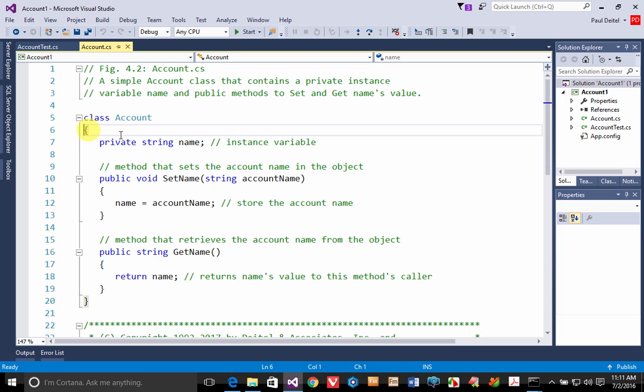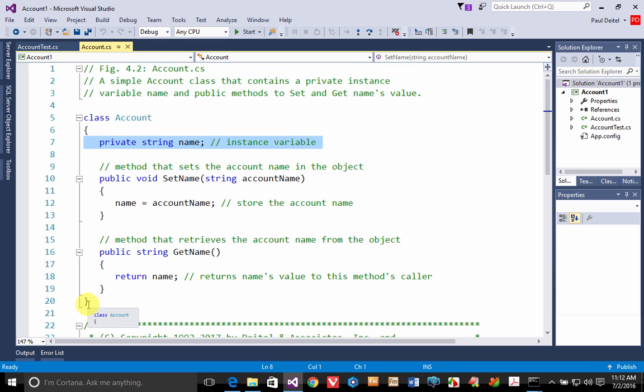In this case, we have one instance variable called name, which is a string piece of data as declared here with the string keyword. Now, we've also declared this instance variable with the keyword private, which is a so-called access modifier. Any piece of data and anything else actually that you declare in the class with the keyword private is known only within the so-called scope of the class, only within the curly braces of that class's definition. So what we're saying is every Account object will have a name,